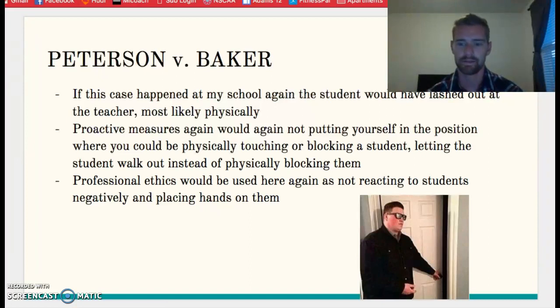Again, in the court case, there is a little bit of a discrepancy of how hard he grabbed the throat. But it was reported that when Peterson went to administration about 5 minutes later, there were red marks on his neck. In this case, the courts actually ruled in Baker's favor, the teacher's favor, because she did not act with malice or intend to cause harm and reacted in a physical manner only after the student physically touched her